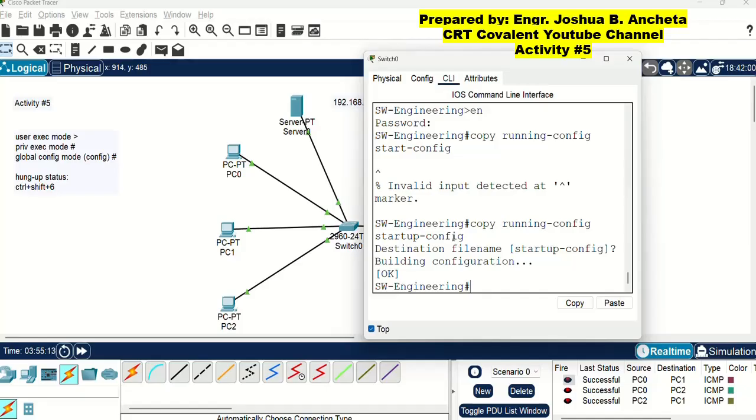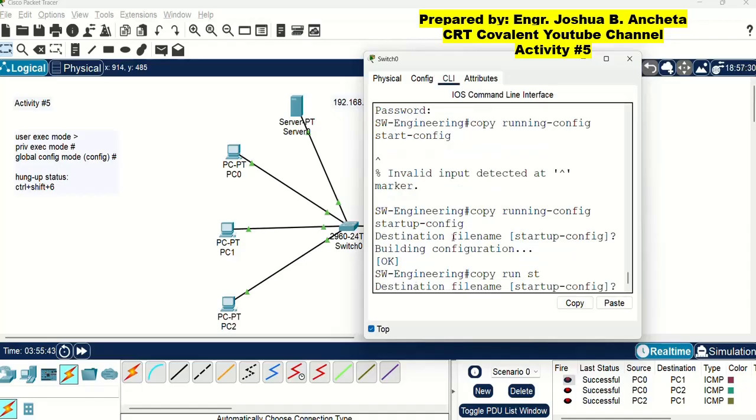But we have a shortcut here. That is copy run st. So copy run st is the shortened command for copy running-config startup-config.